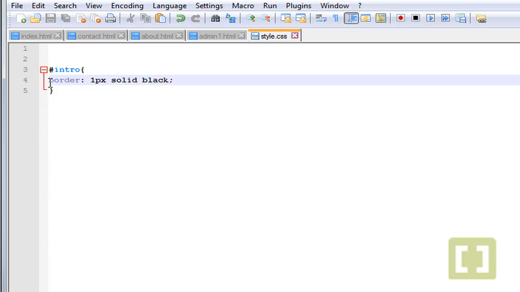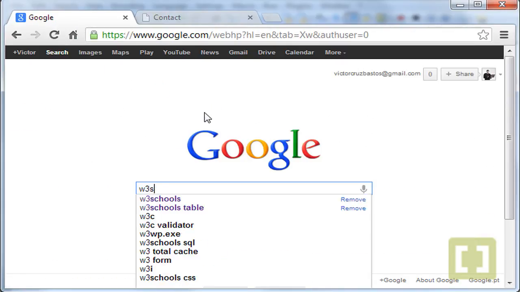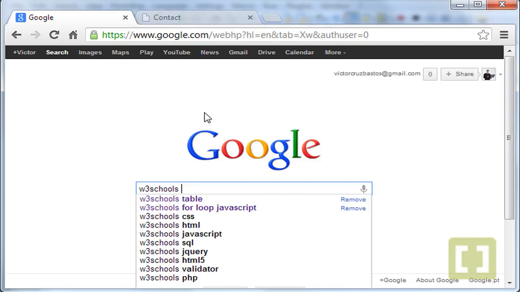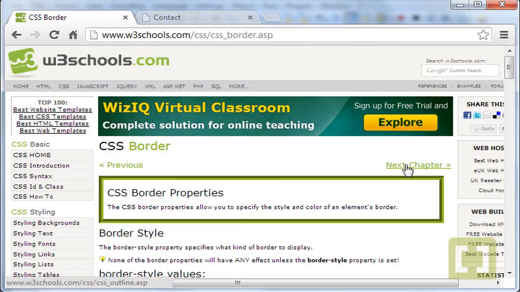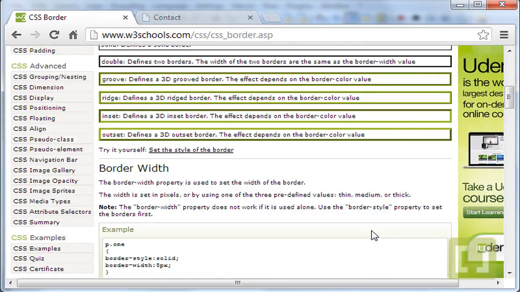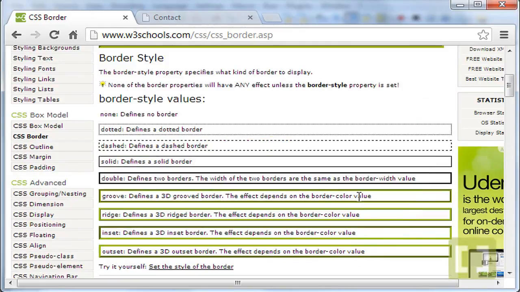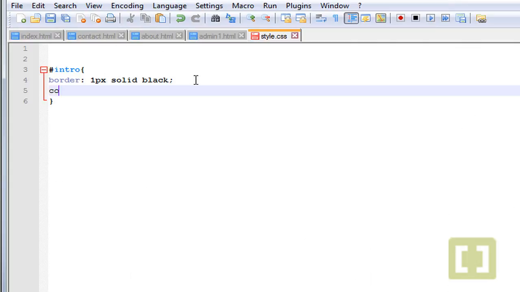If you want to know more about properties that you can put here in the border, you can go to W3 Schools, as always, and type W3 Schools, for example, here in Google, and type borders. If you click here, you'll find everything you need to know about borders and what properties you can use with borders. Okay, let's go here and now type a color, blue,